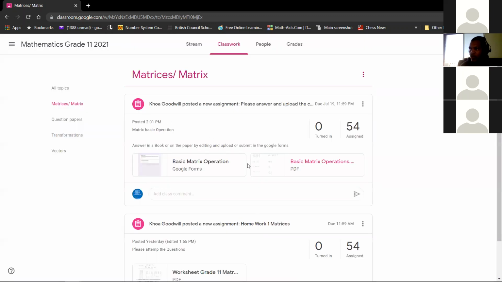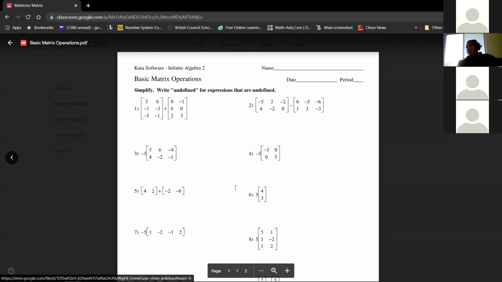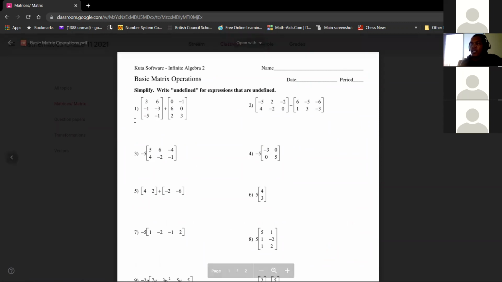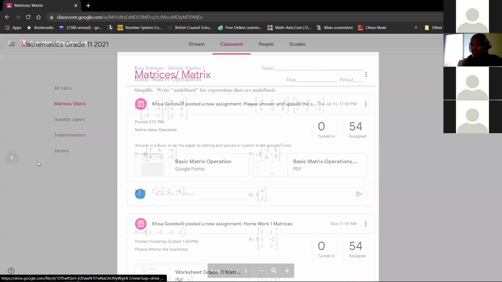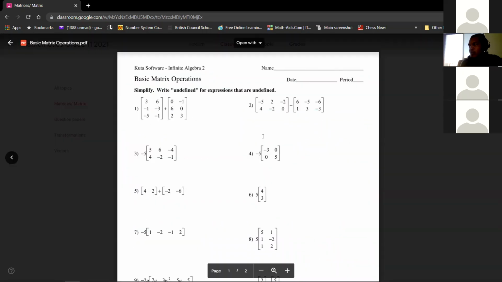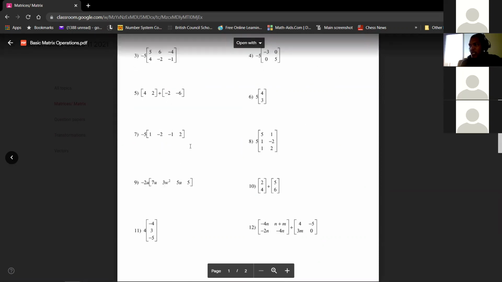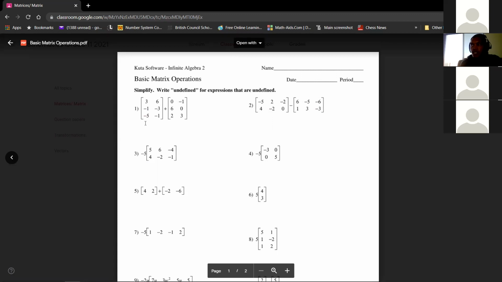And if you have those apps that I told you before that you can use, then you can use the app Adobe Scan, Adobe PDF Reader to answer the questions on here. If you don't have them, answer on a piece of paper. You just write number 1, what is the answer? Number 2, what is the answer? And so forth. And then once you have done number 1, number 2, what is the answers? Then